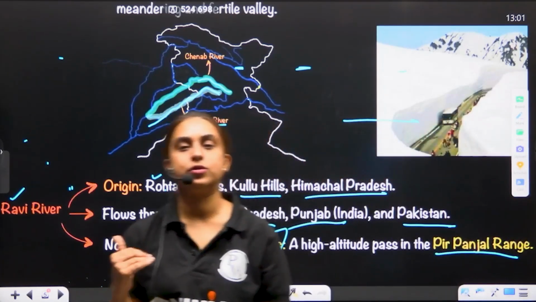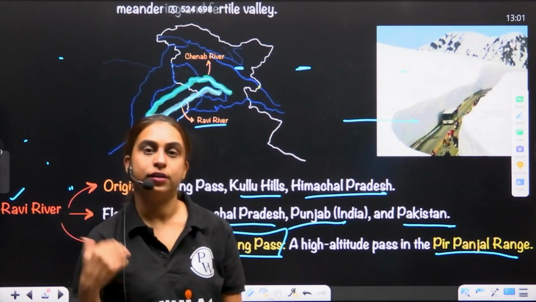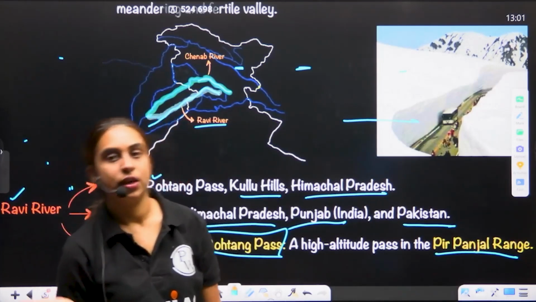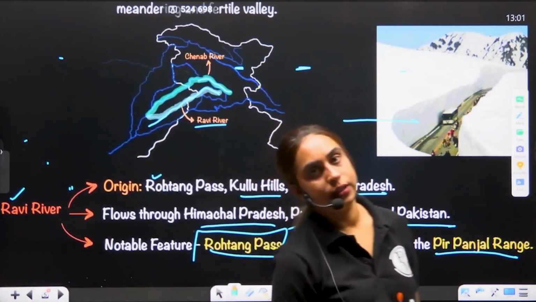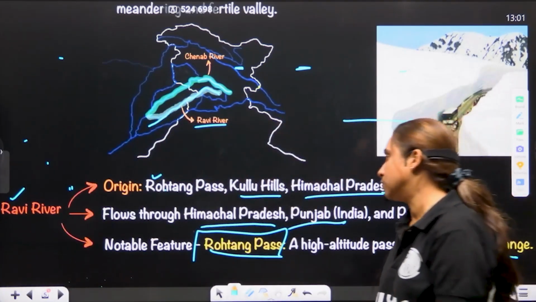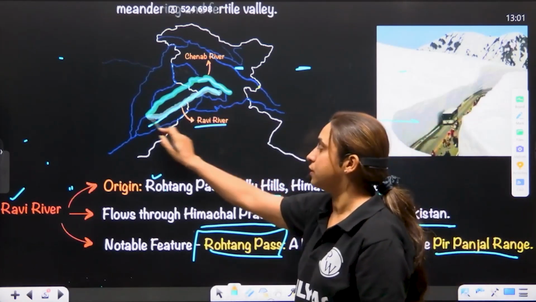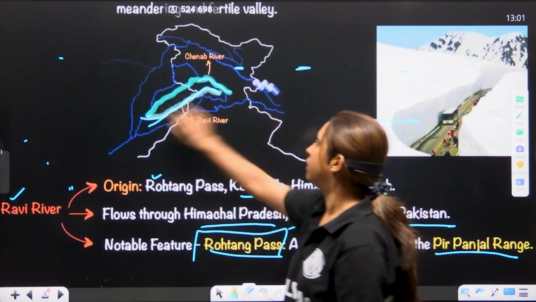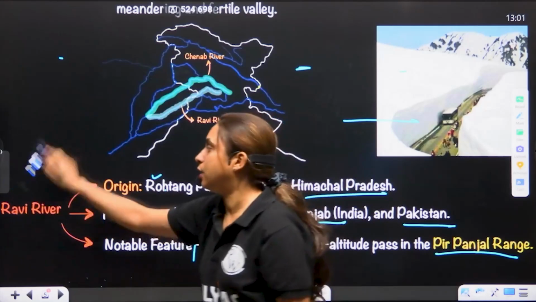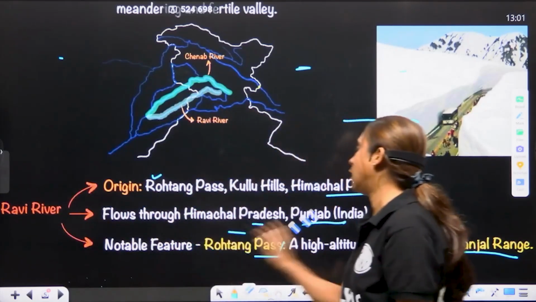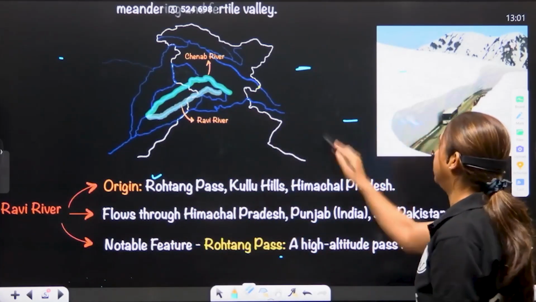So in the Himalayas, the Pir Panjal range has the Rohtang Pass, from where the Ravi is originating. It is there in Himachal Pradesh. It passes through the Punjab region and then it moves towards the Pakistan region. So this is the way your Ravi river flows. So what have we covered? We have covered the Indus River, Jhelum River, Chenab River, and the Ravi